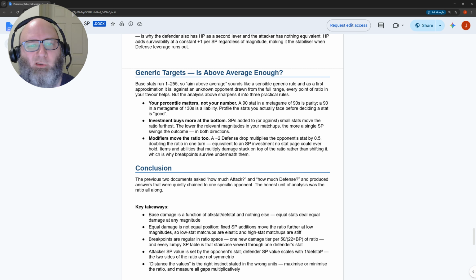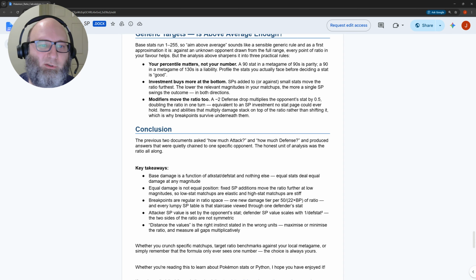Modifiers move the ratio too, so don't forget a -2 defense drop multiplies the opponent's stat by 0.5, doubling the ratio in one turn, equivalent to an SP investment no stat page could ever hold. So, items and abilities that multiply damage stack on top of the ratio rather than shifting it, which is why breakpoints survive underneath them. So, in conclusion, the previous 2 documents asked how much attack, how much defense, and produced